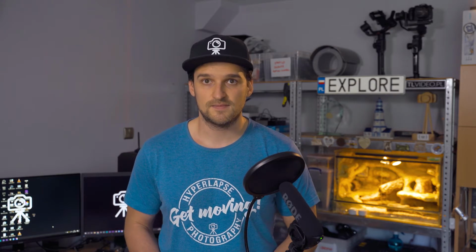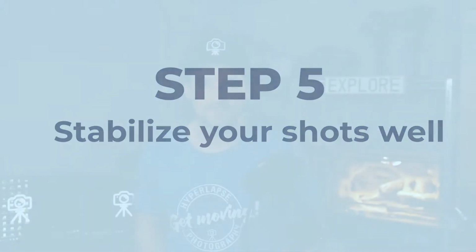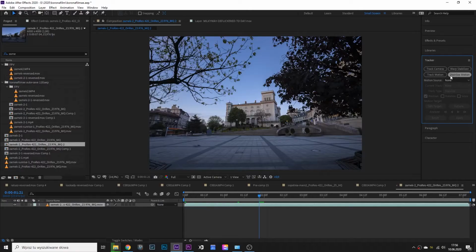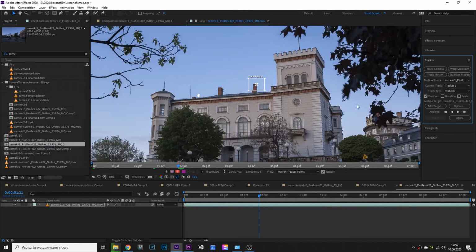In hyperlapse post-production, the first thing to do is stabilizing the shots. And it's very important to really take your time here. I've seen a lot of sequences with good ideas ruined by poorly stabilized shots. So don't just put a warp stabilizer on everything. If it's not perfectly stable, keep working. Tracker, so that 1 or 2 point stabilizer in After Effects, should be your best friend.